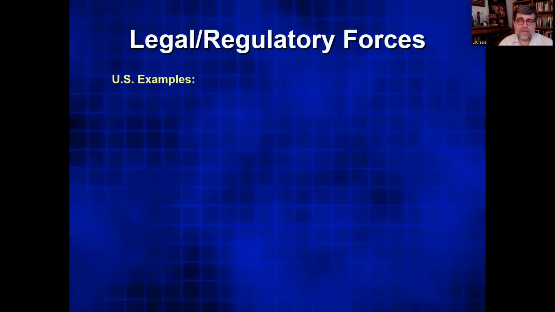To give you some examples, and I'm going to go through them fairly quickly, as far as the US federal government, there are all sorts of regulatory agencies. There's the FTC, the Federal Trade Commission, where a lot of our truth in advertising laws and regulations come out of. The FDA, the Food and Drug Administration. So if you're in the food industry, or particularly if you're in the drug industry, you have to pay very close attention to the FDA.